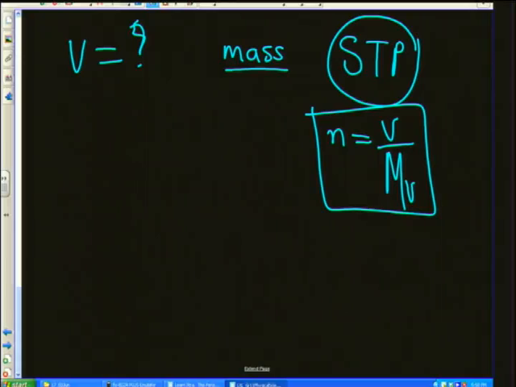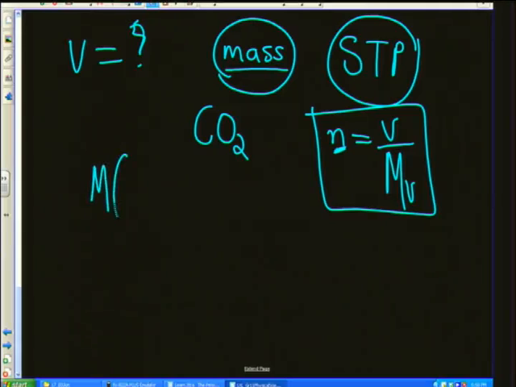Mass is not given to you. So you would then need to work out this mass in terms of the number of moles. So if it's a gas, say a gas of carbon dioxide, just giving an example, it means that you'll need to work out the molar mass of carbon dioxide, which will be,